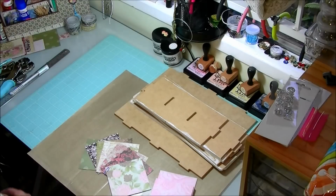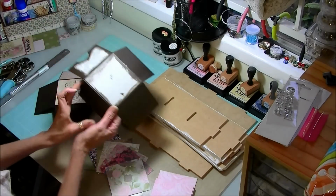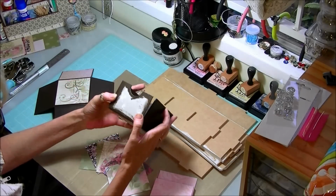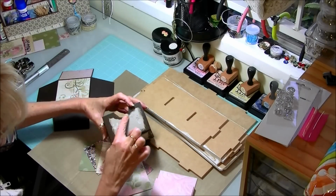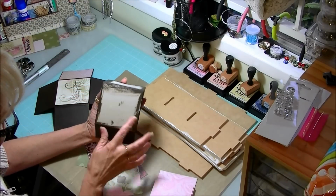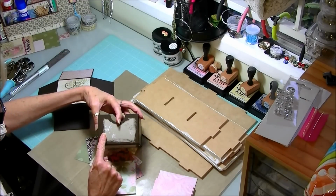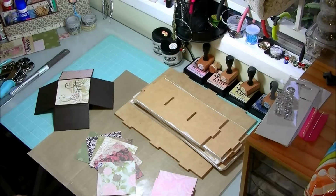Okay, so what I've done to do that is I've got some of these little boxes, well, all the boxes prepped. As you can see, I have painted on the outside the 3 outer sides, and then that will be the front. And I've just painted just the perimeter, just around the rim there. So I've measured these up, and for the base, I need a piece that's going to be 3 5/8 by 3 5/8. And for the front, it will be 3 5/8 by 2 5/8. Okay, so all of that measuring done,